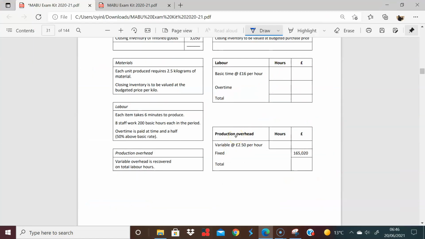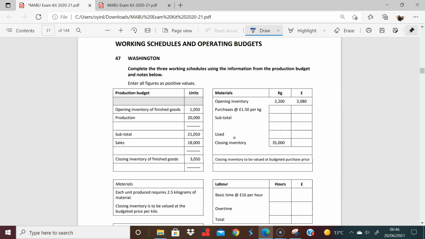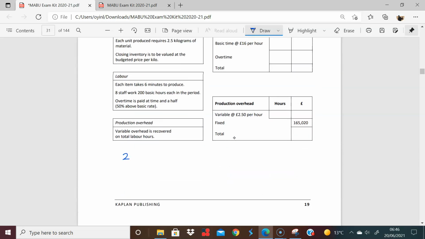So we can see here that it says each item takes 6 minutes to produce. Remember, I'm dealing with production now. I'm in production and I'm producing 20,000 units. That's what I'm doing. And each item needs 6 minutes to produce. So I'm going to multiply that by 6. Although I'm working in hours, I'm going to turn that into hours. So 20,000 units times 6 minutes, which is